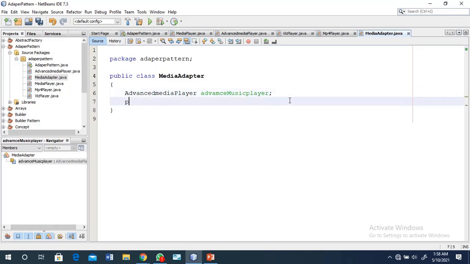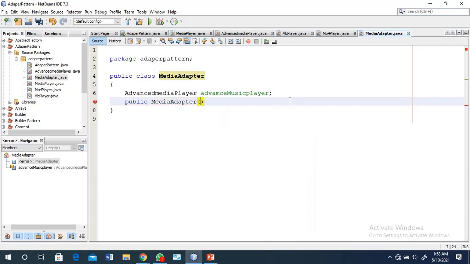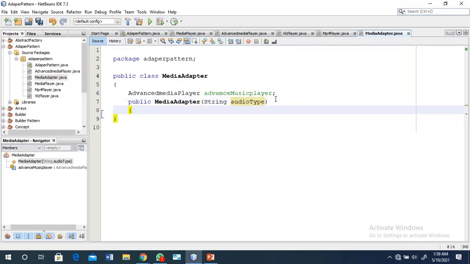The name of that method is media adapter, and it takes a String audioType. Okay. As per the type, it will play files.